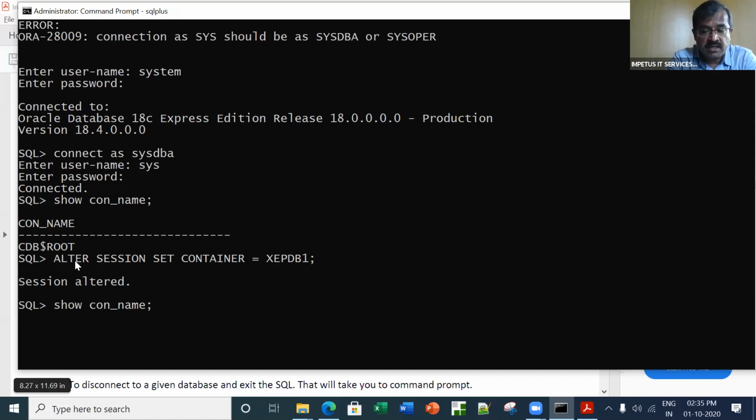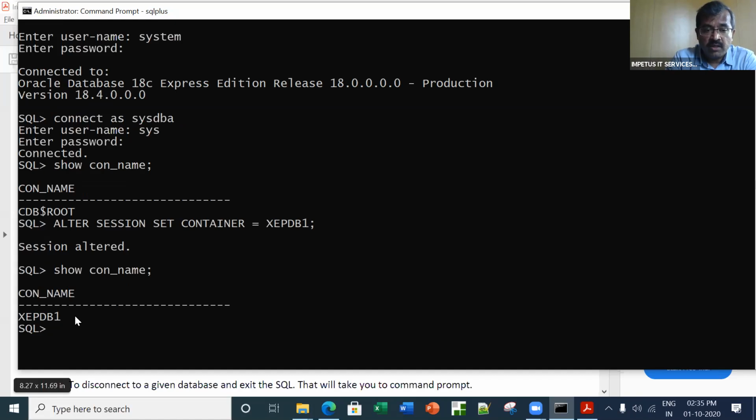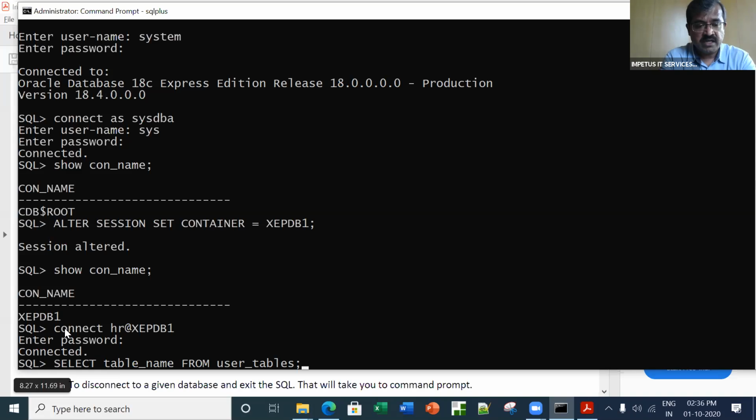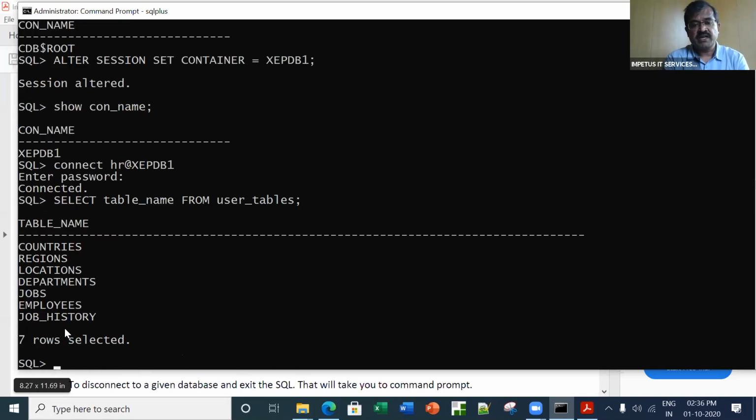Now let's see connection name. Oh, here we are. And on this particular pluggable database is our user called HR. Now we should make an attempt to connect to that user HR since it is there. Okay, so let me try and connect. Here I say connect and my password is HR. I'm connected. Okay, so I have repeated the sequence once again, although we had fumbled somewhere, but now we have got the right sequence. And then let's see the tables which are there over here. These are the tables of our interest. So we have done it twice and it works perfectly fine.